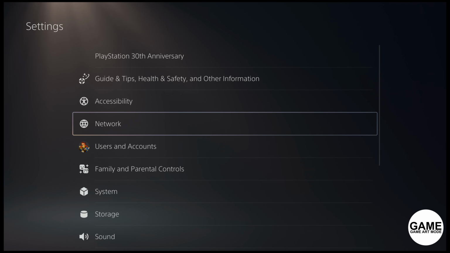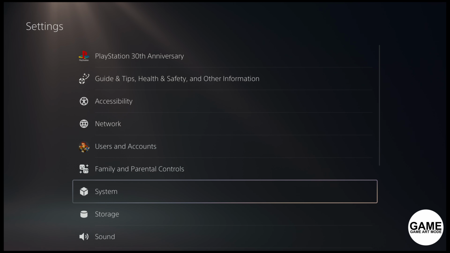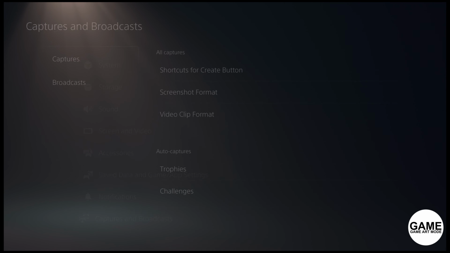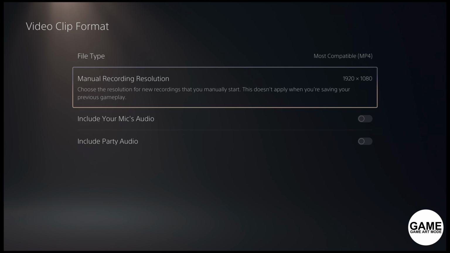And in here you want to go for captures and broadcasts, and captures are here in the video format. The problem with PlayStation is that if you are saving in 2K, which I've set to do now,